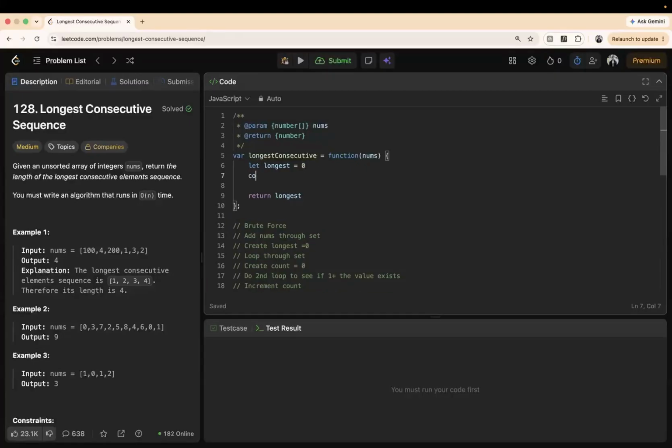Now we create the set. const set equals new Set, pass through nums, and now we loop through this. So for const num of numSet,